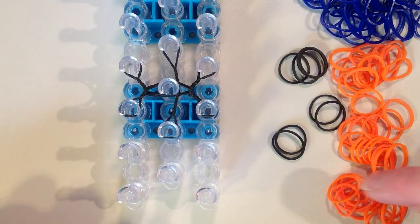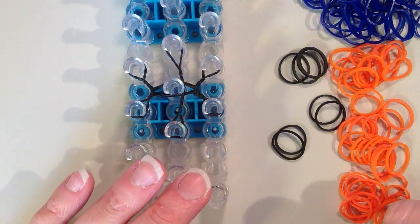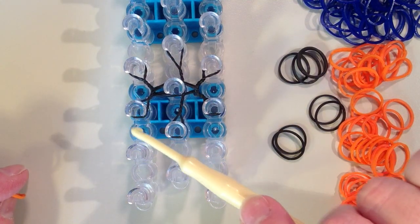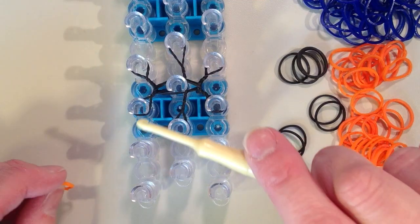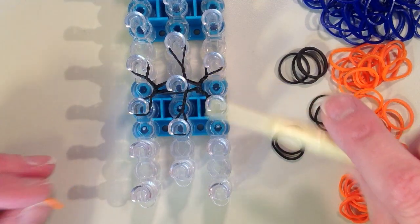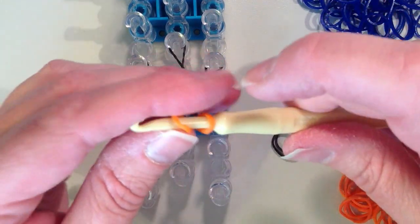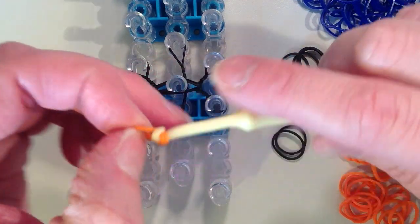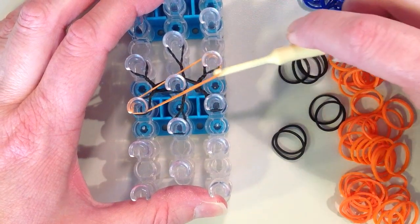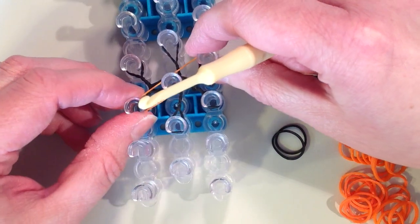And then it's time to start the orange part of the basketball. So for this, what we're going to do is we'll start on the left hand row on the 3rd pin in, and we're going to stretch all the way across diagonally and to the right. This band is going to be doubled, so you need to place it on your hook so that the 2 bands are formed, and stretch all the way across, leaving this pin in the middle. Push that down,